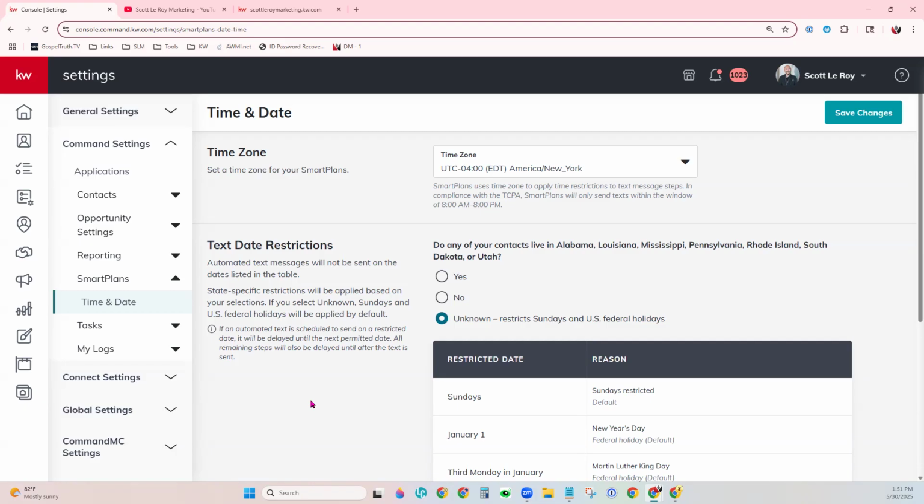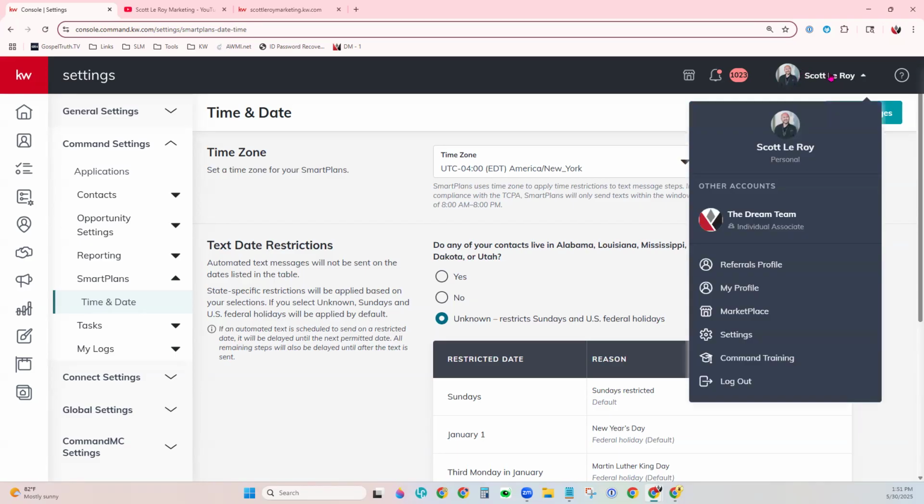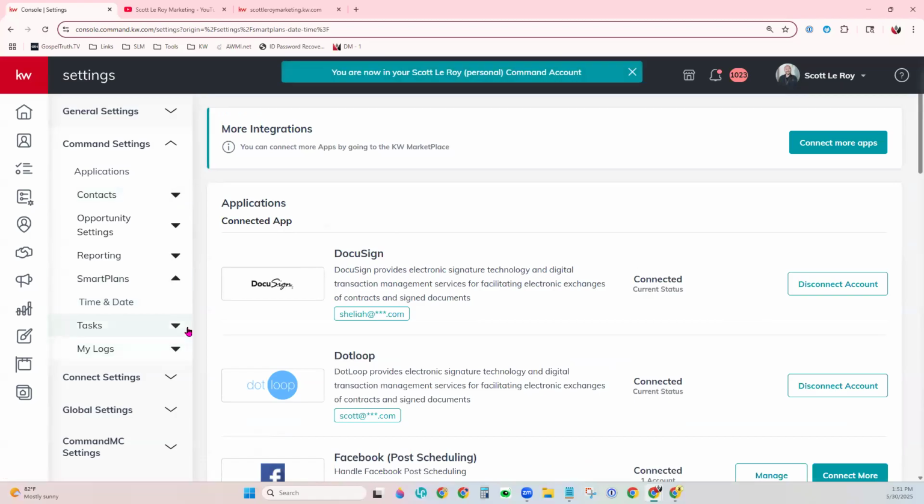And the whole point of this is lead conversion. You want to make that initial connection with that lead to get them converted to your client. So now that we've got that smart plan already ready to go, okay, now let's go over here. We're already back in our Command settings. Let's set up that lead routing rule. So I'm going to show you again, name at the top, settings. Here we are. Command settings on the left,